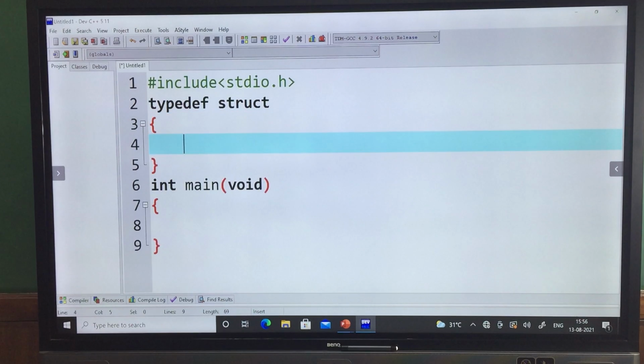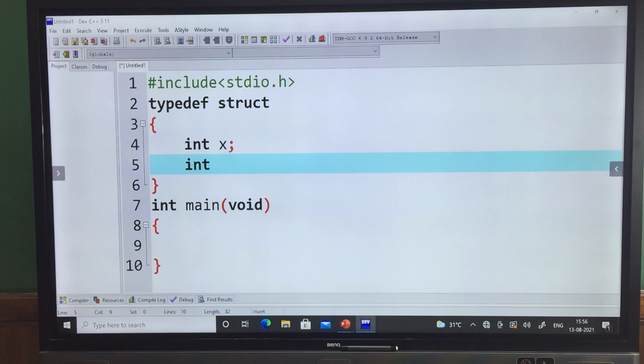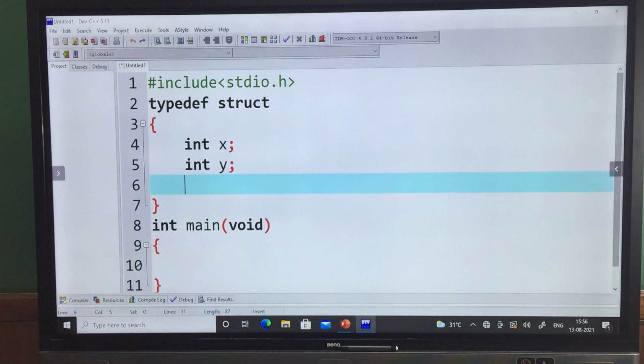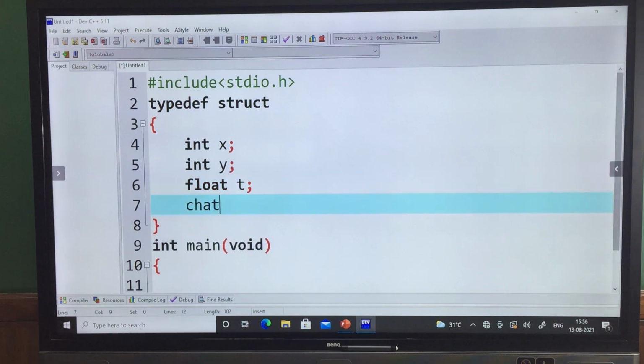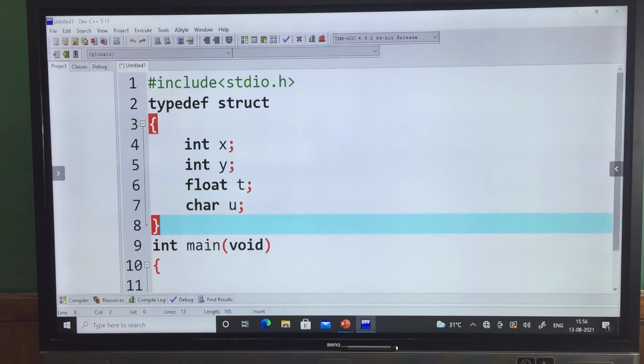In it you put all the variables: integer x, integer y, float t, character u. This is my structure, and I am giving the structure name Sample, all capital letters.